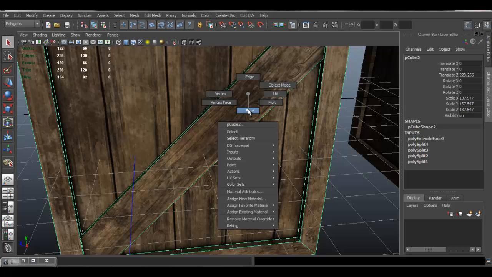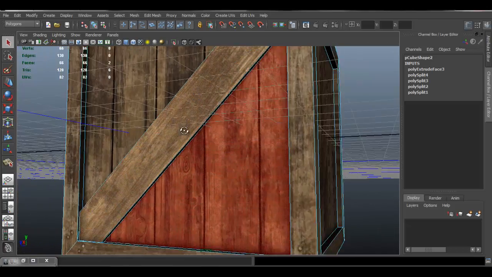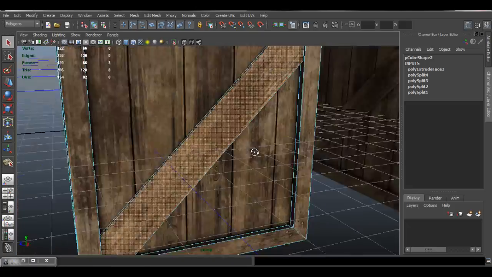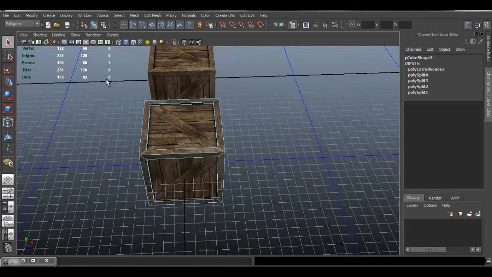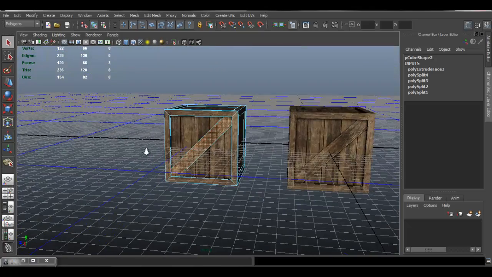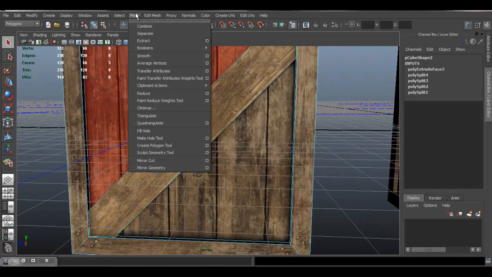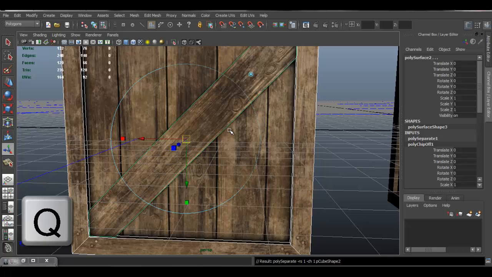So now I'm going to select this face, that one, the one next to it, this one. Hold down Ctrl so that you can actually select more, or Shift as well. That one. I want to make sure I don't have anything else selected, so I'm going to hold down Ctrl and drag to deselect anything that might be selected. Alright, so now I'm going to mesh. I'm going to use the extract tool here. I'm just going to press Q to exit